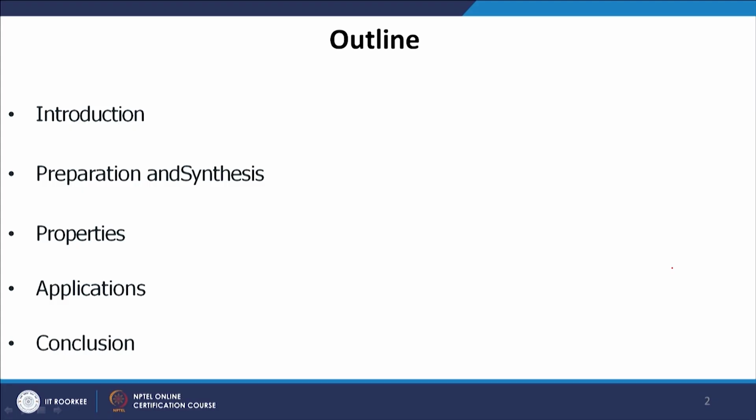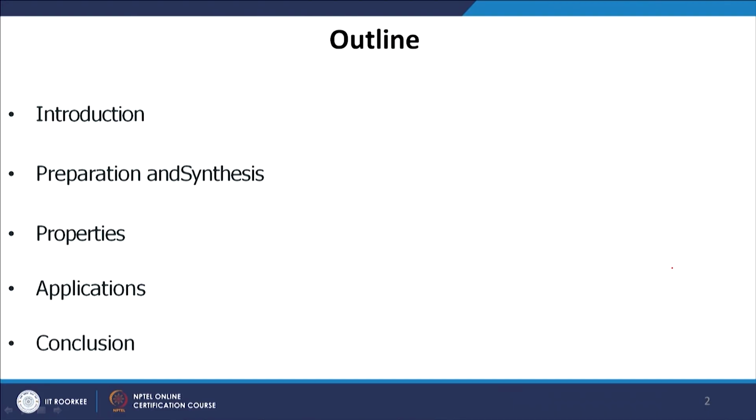Now, the outline of today's talk: first we will discuss the organic nanoparticle based solar cell, especially the essence of that solar cell and the different preparation and synthesis methods. You can make it either by physical method or by chemical method, so we will discuss that. Then some of the excellent properties of this organic nanoparticle solar cell in comparison to their bulk counterpart. Finally, what are the possible applications of these organic nanoparticles? These have been used in solar cells, for making LEDs, and for making different kinds of detectors as well as lasers. And the future outlook, like how we can go to high efficiency organic nanoparticle based solar cells.